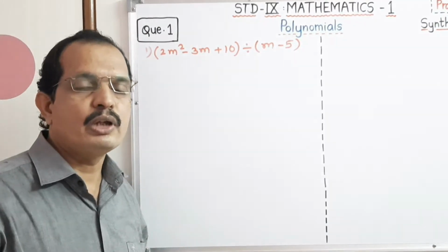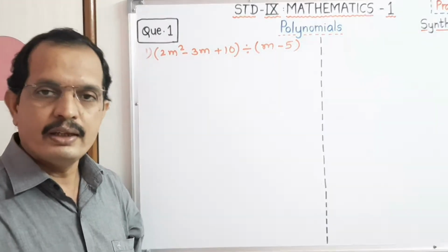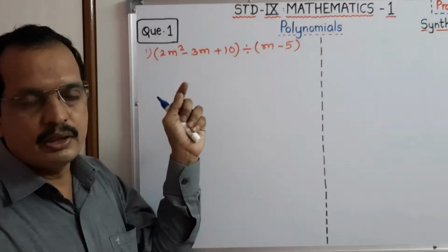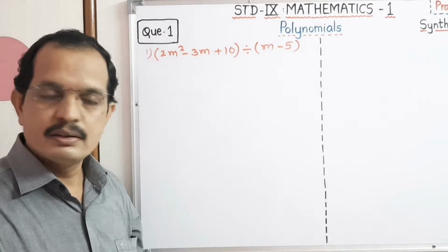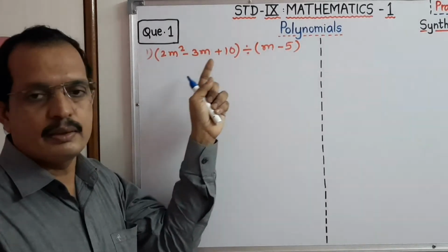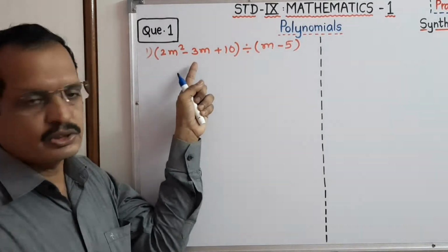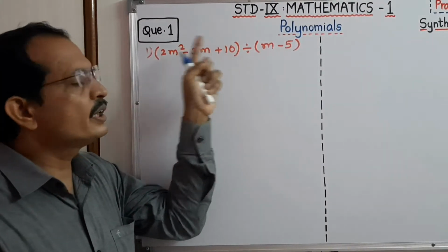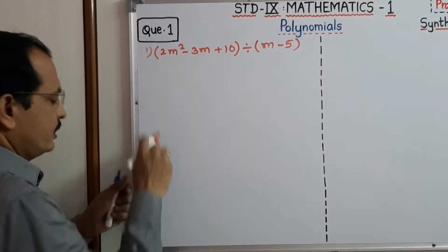Can any one of you tell me the degree of this dividend polynomial? Yes, it is 2. Degree is 2. That means this polynomial must contain 3 terms: first, second and third. That means 3 terms are there. They are already arranged in descending order of their indices. Yes, it is there. Therefore, we can write here